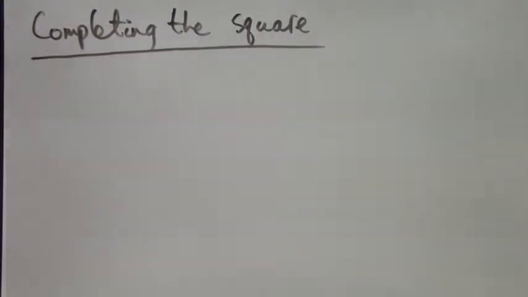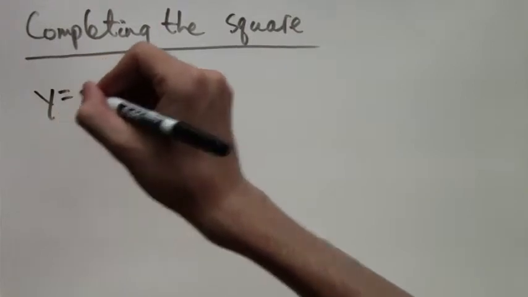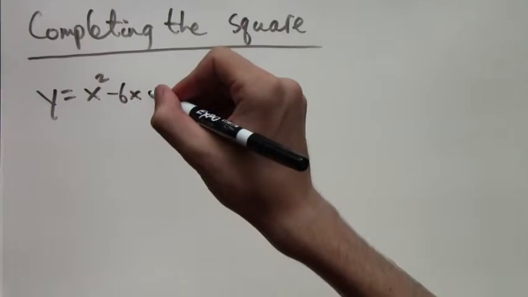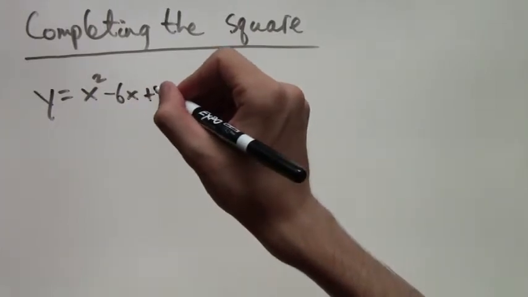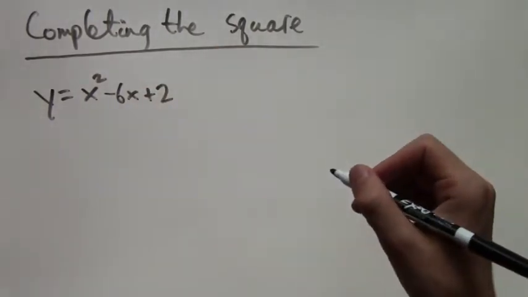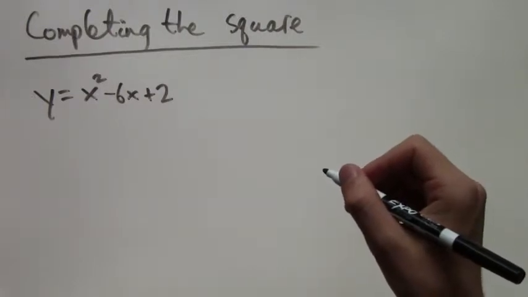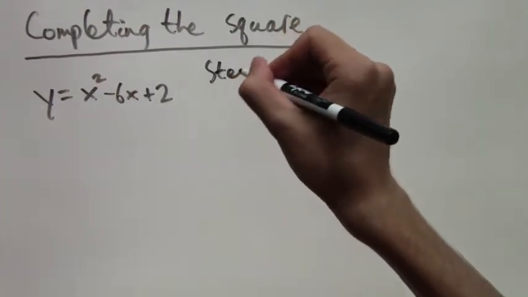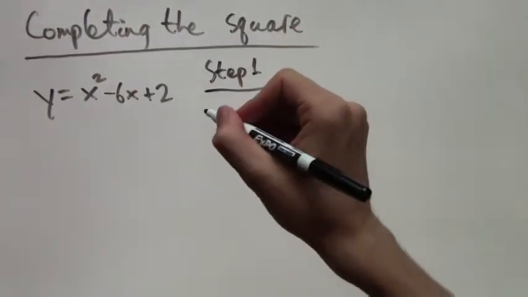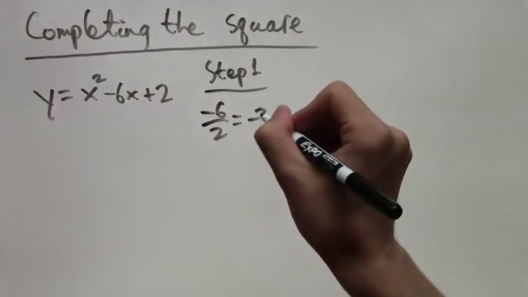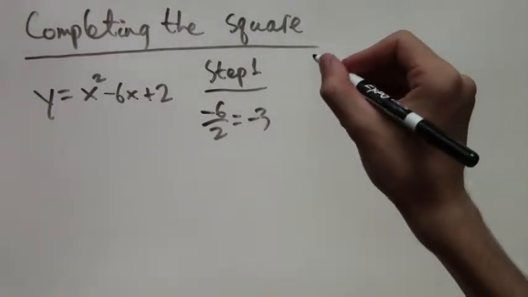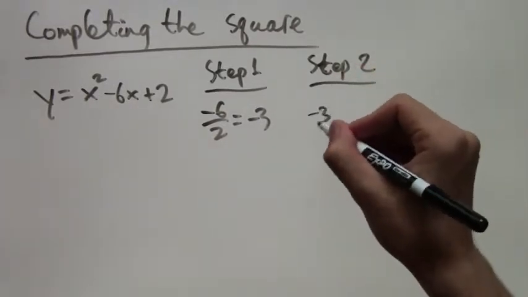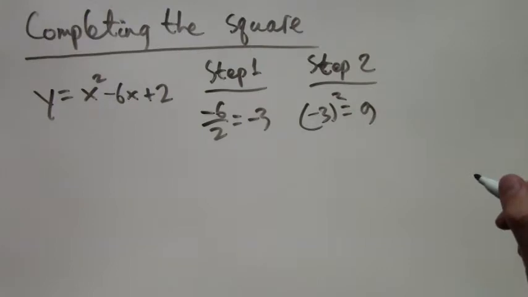So remember, first, when we expanded the square, this is going to be our example. When we expanded the square, we ended up with 2 times both the things in the square. So we had an x and a negative 3. And this is going to become important. So if we have x squared minus 6x plus 2, the first step will be we divide negative 6 by 2. And we get negative 3. I'll explain why this is important later. Step 2 is we square this. We get negative 3 squared is equal to 9. And now what we do,